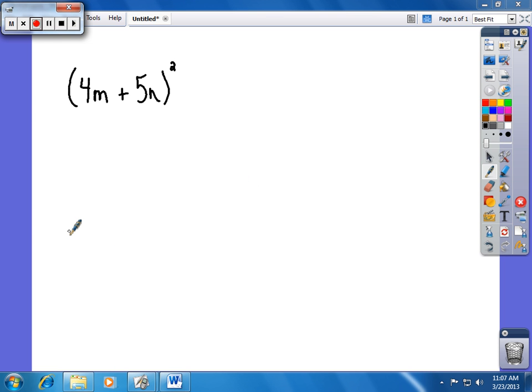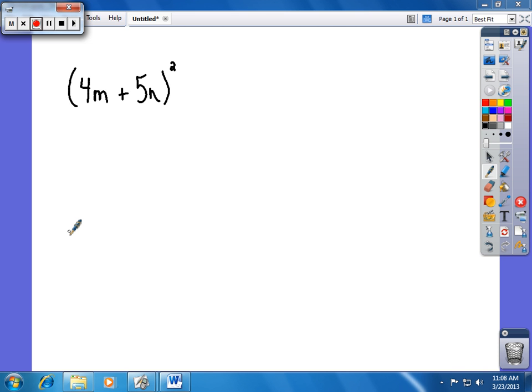Okay, so 3.6 deals with kind of the FOIL method, which I actually have some issues with, meaning that I don't think it's the best sort of rubric to learn this, but we'll kind of go with it for now. It's not really such a big deal in this class, but as you get into 138 and 140, FOIL can actually kind of lead you astray. So I'm not actually going to explicitly follow FOIL. I'm going to show you my way of kind of looking at it, which is very similar, but